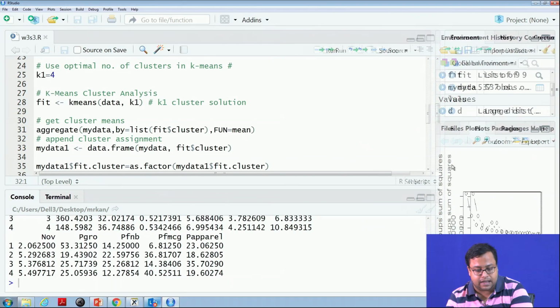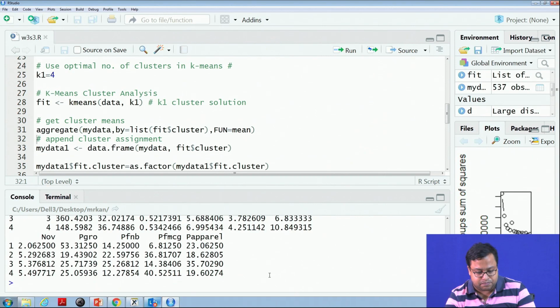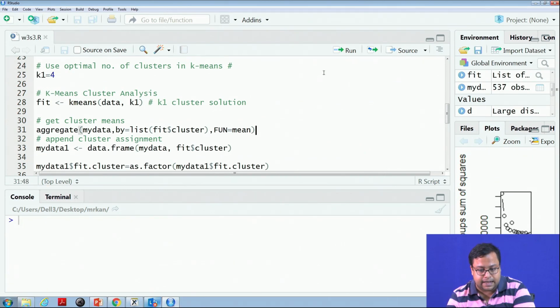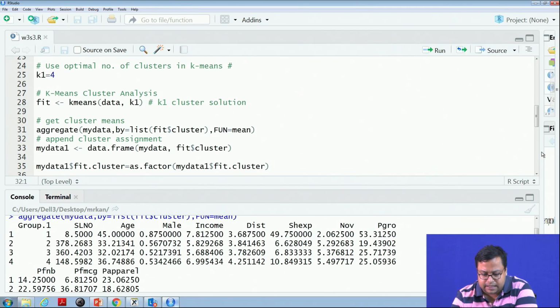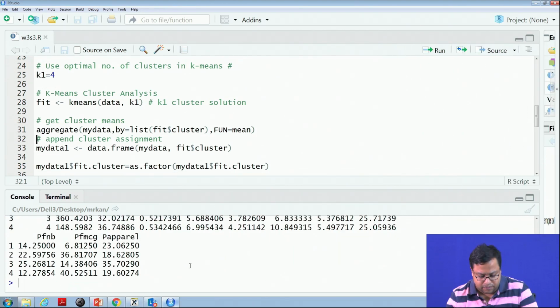So, I have done the aggregation. I will just plot it once more. The aggregate is like this. Check it carefully. That serial number 1. The serial number does not have any meaning. Segment 1, in terms of behavior, if I try to only focus on behavior and nothing else, I will probably run this once more.